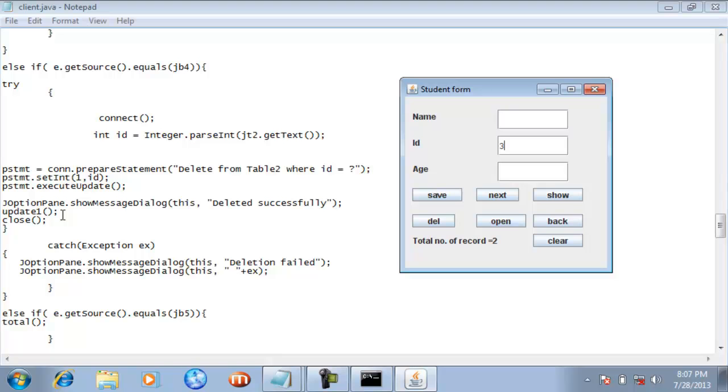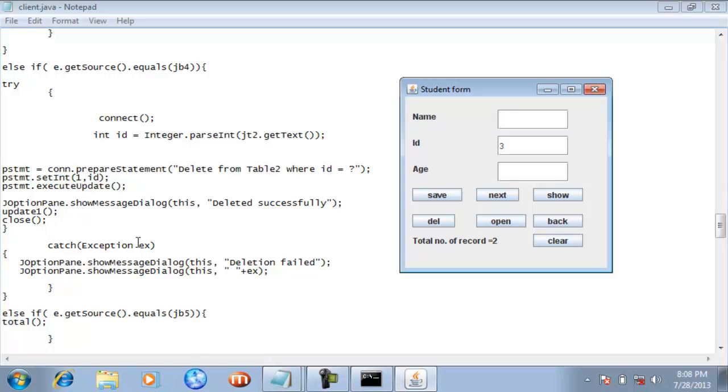And we already know what statements exist inside update one. Now I have used this close method, and I have closed all the links and all the prepared statement objects, or whatever statement objects we have opened. All are closed with the help of this close method. And we already know what statements exist inside this close method.